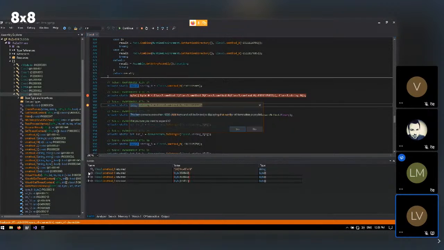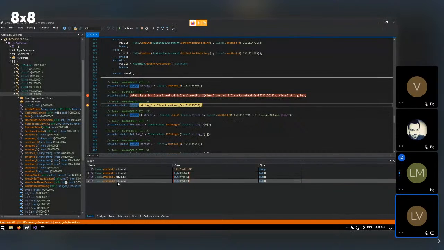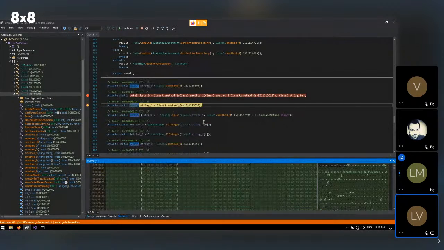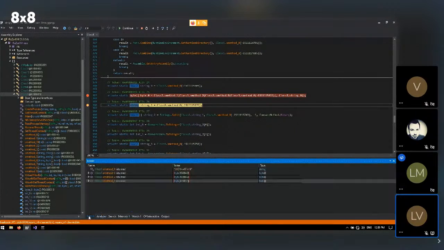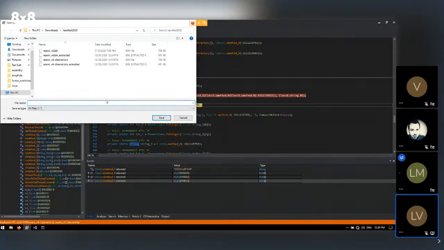So what we can see here is that we don't want to view 1,000 child items, but that S method 0 returns something, 2 and 1 return something. What we're mostly interested in is S method 1 from class 3, because that's the final function, since these all fit together. From this, I want to show this in the memory window, memory 1 in this case. And then you can also see here that it starts with MZ. So we can save this to disk,